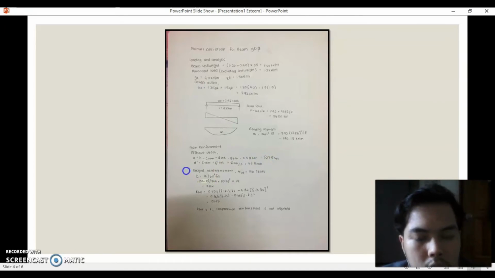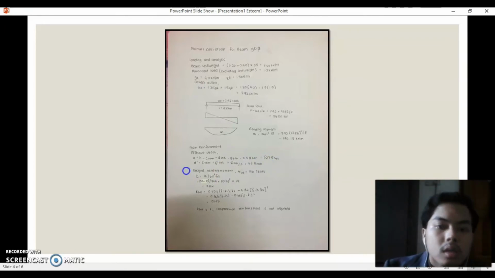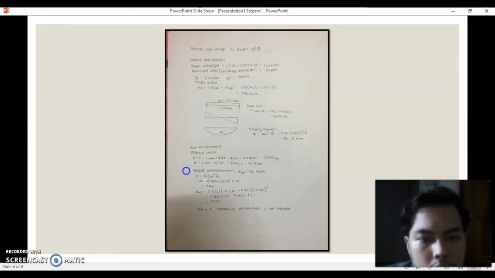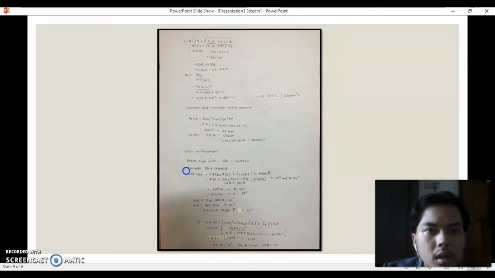We want to find whether K is larger or less than K dash. So K we get 0.142, and for K dash we get 0.167. So from the calculation you can see that K dash is larger than K, so the compression reinforcement is not required for this beam. So we calculate the exact, so that we get 432.6